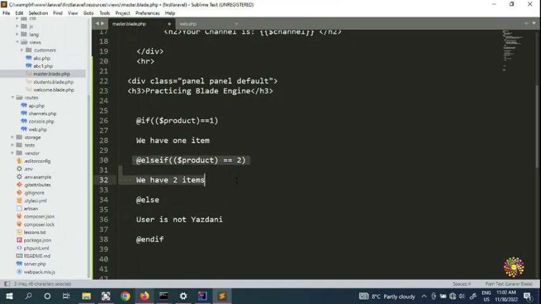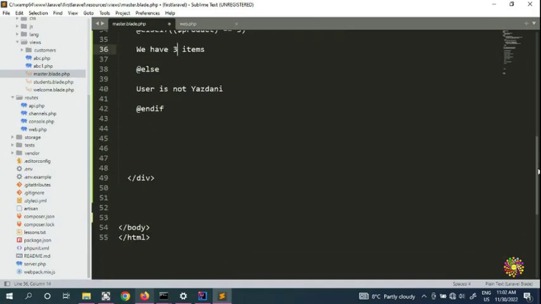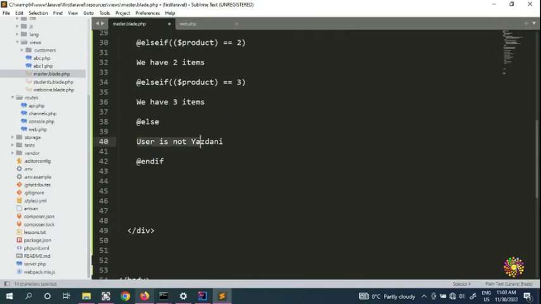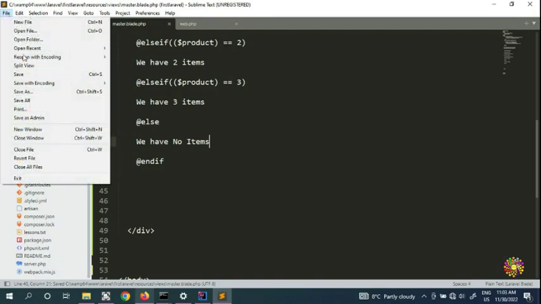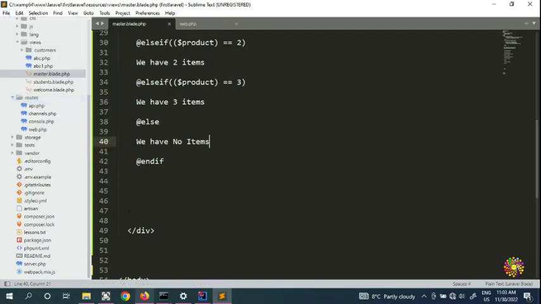We can copy this, and here we paste it one more time, and if you have 3, then we're gonna say we have 3 items. So we're gonna come and have an else, we have no items. That's what we're gonna show. So we're gonna save all, and we're gonna go and check,